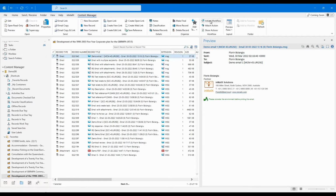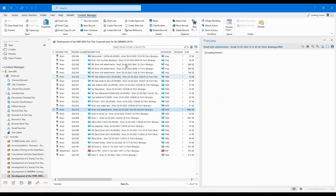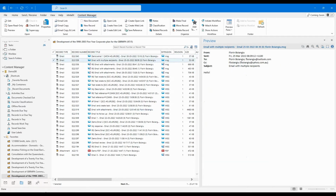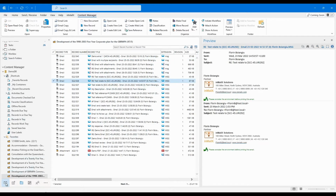And also you notice in here, I have the option to attach an action to show actions. And also if I right click, I have an option to complete current action, reassign it, or show the actions. So very easily, even if I didn't attach an action, I forgot to attach an action, I can quickly navigate, go to where the email was filed, and I can just simply right click and attach an action straight from here, or initiate a workflow if I need to. Now, going back to my